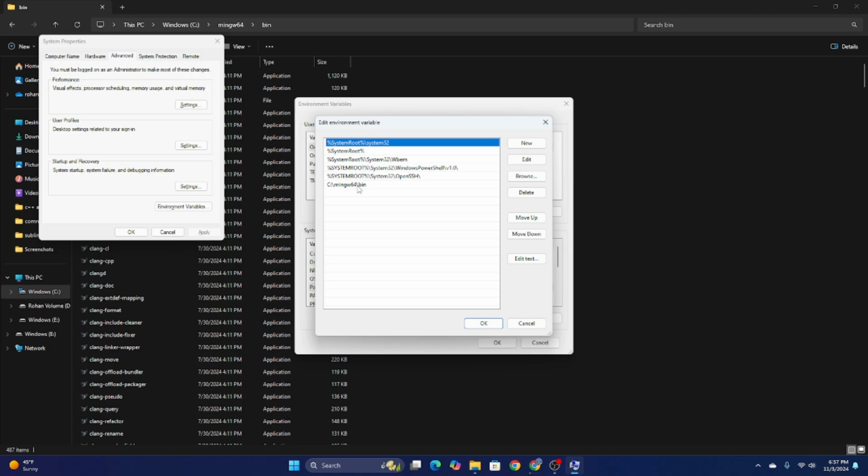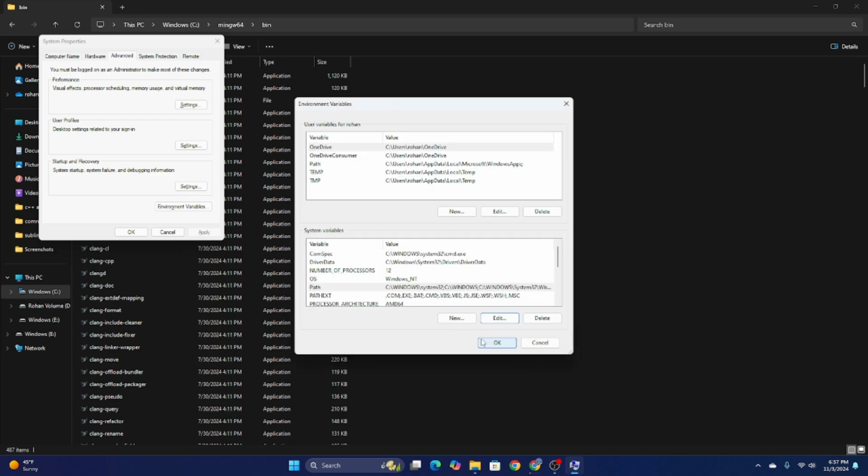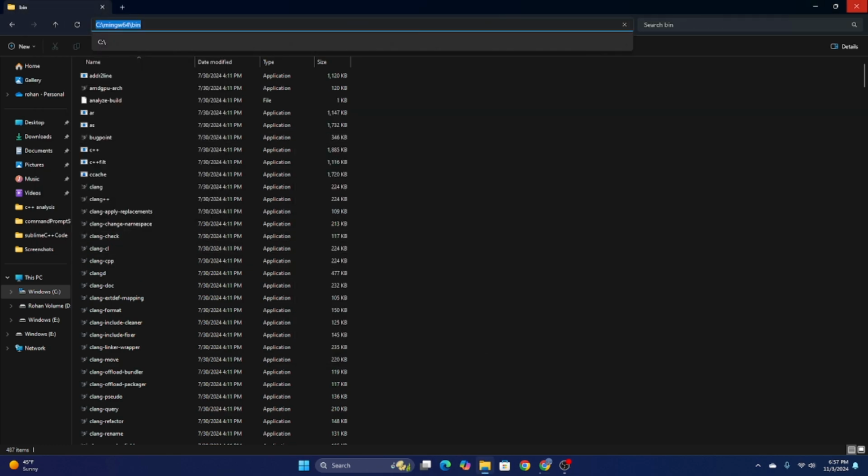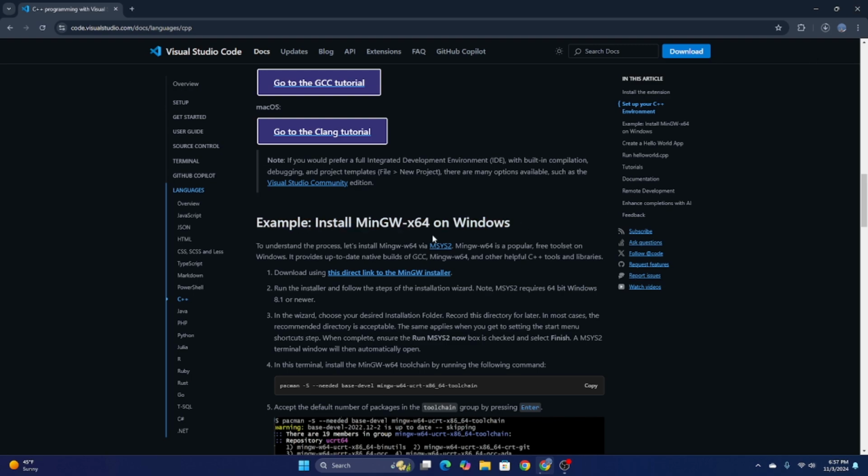So to install MinGW64, we have to click on new, right here, and paste the path. This was the path that we copied from MinGW64. After you paste the path, click OK. But for me, I'm just going to delete it because I have already installed it in here. So just click OK, OK, OK. Now that we have successfully installed MinGW64 on our system,